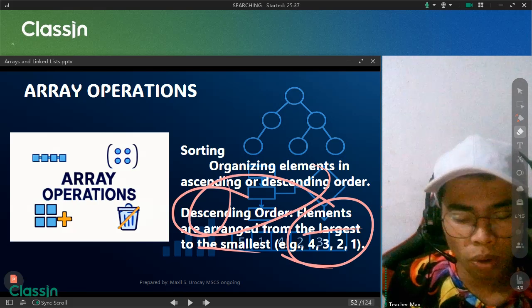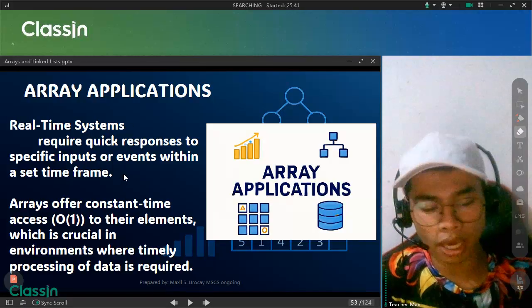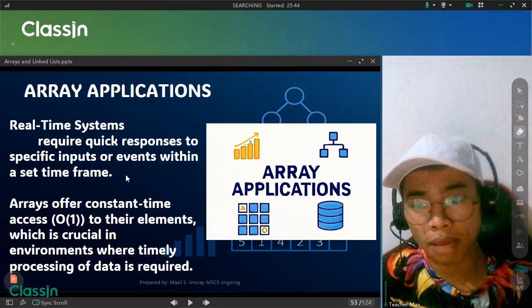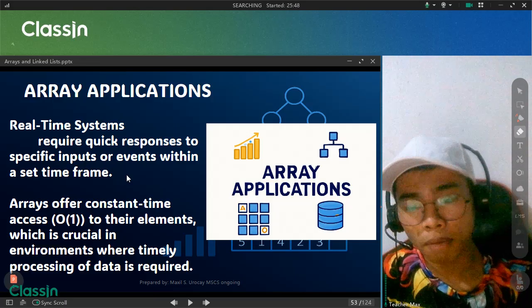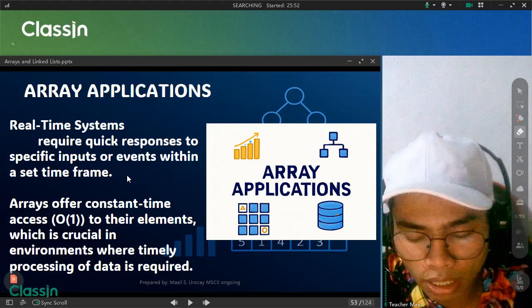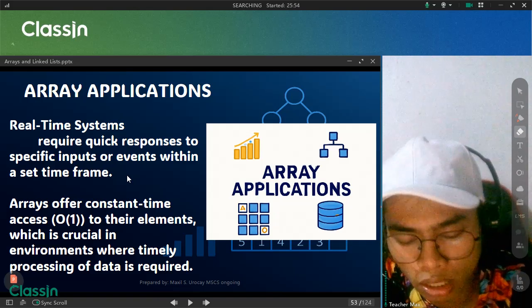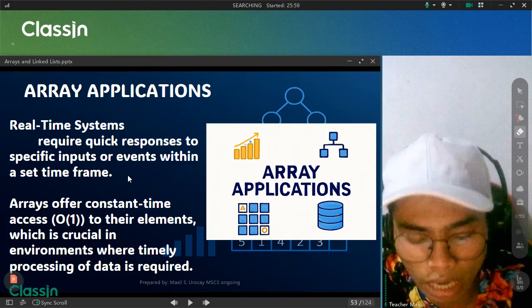And where can we apply the array? We can also apply arrays in real-time systems. Real-time systems require quick responses to specific inputs or events within a set time frame. Arrays offer constant time access to their elements, which is crucial in environments where timely processing of data is required.